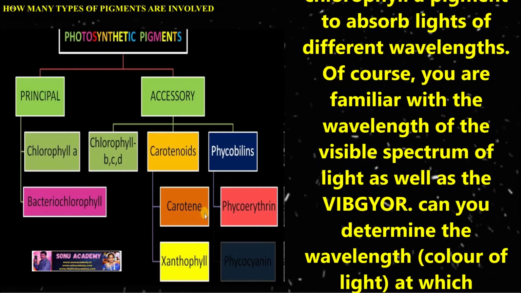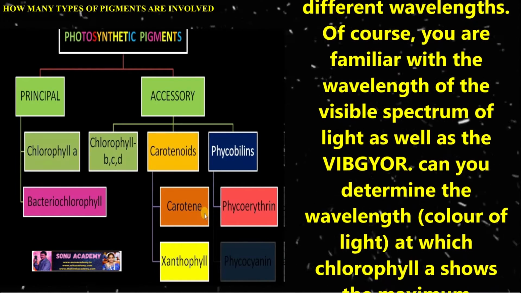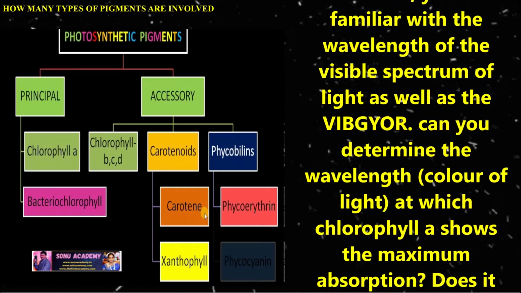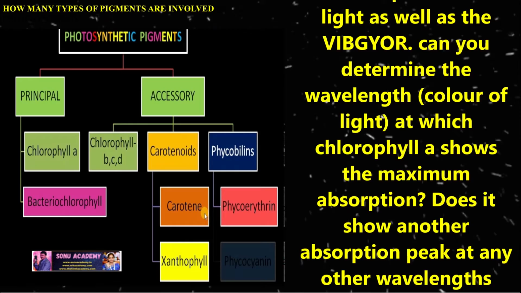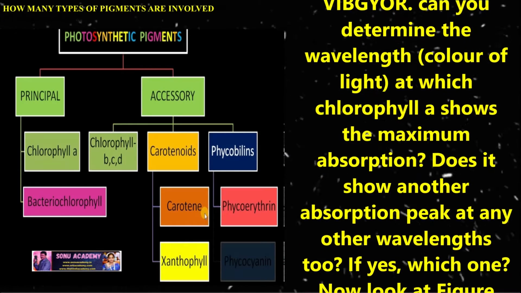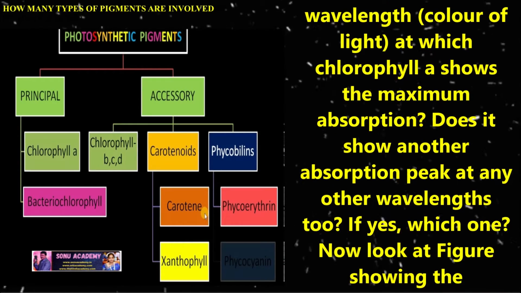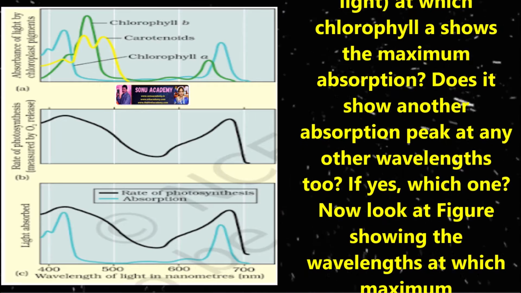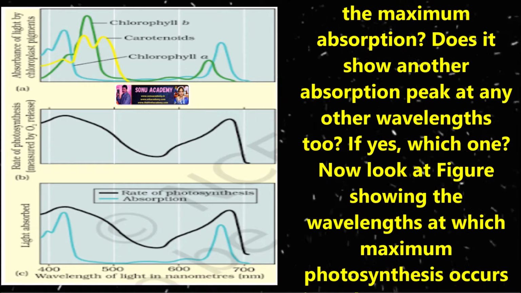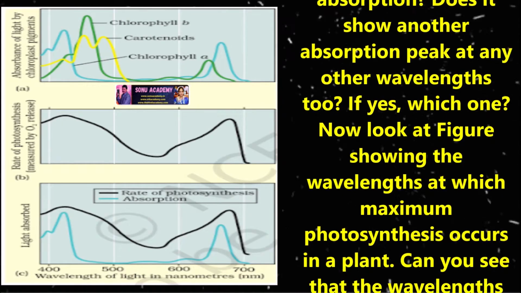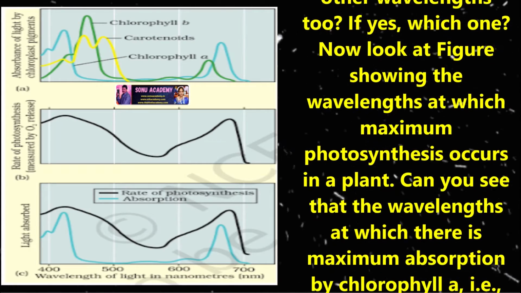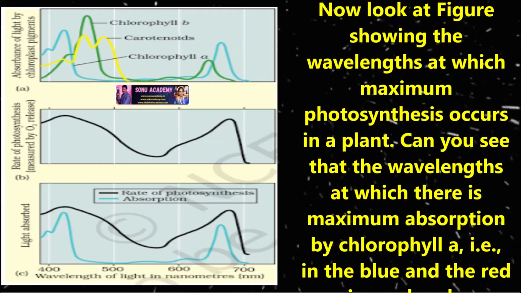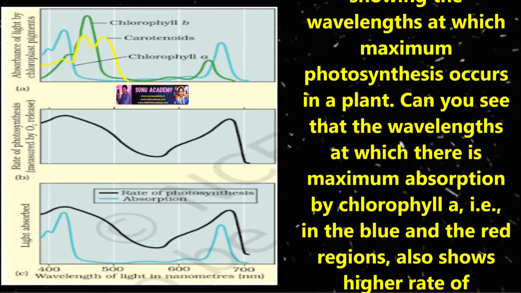Of course, you are familiar with the wavelengths of the visible spectrum of light as well as VIBGYOR. You can determine the wavelength, which means color of light, at which chlorophyll shows maximum absorption. Does it show another absorption peak at any other wavelength too? If yes, which one? Now look at the figure showing the wavelength at which the maximum photosynthesis occurs in a